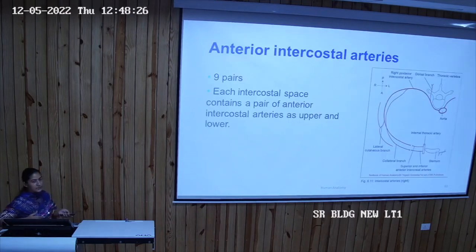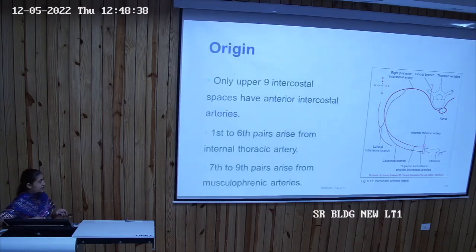Now the anterior intercostal arteries are 9 in number, and you have an upper and lower division in the anterior intercostal arteries. So we have two arteries, superior and inferior anterior intercostal arteries. Now from where are these anterior intercostal arteries coming? The descending thoracic aorta was going posteriorly, so the branches for the posterior space were coming from the descending thoracic aorta. Anteriorly you have the branches from the internal thoracic artery and the musculophrenic artery. So these are the main arteries which give the anterior intercostal arteries.